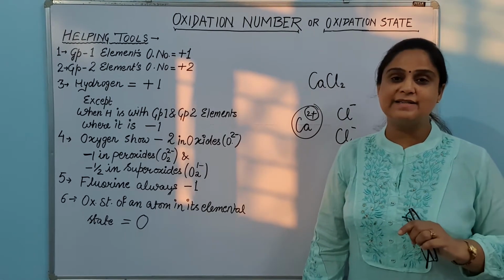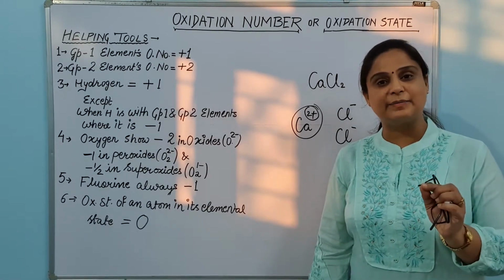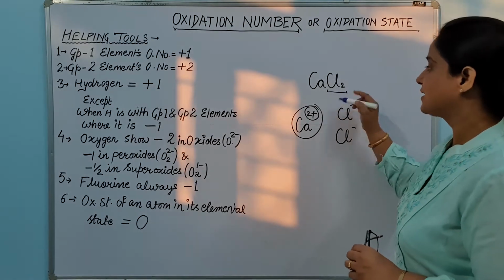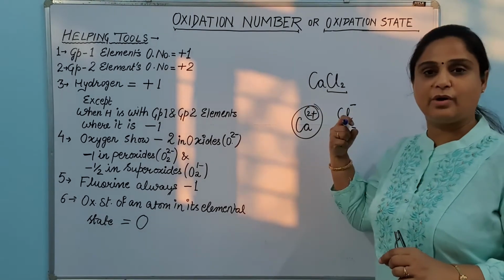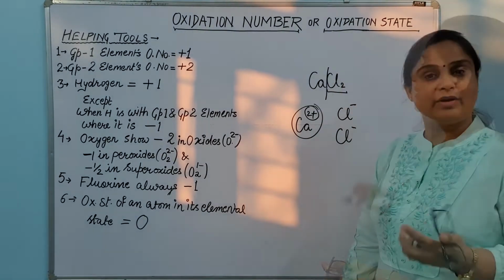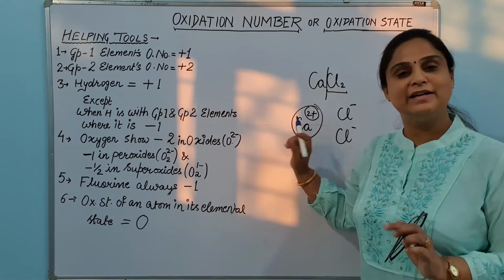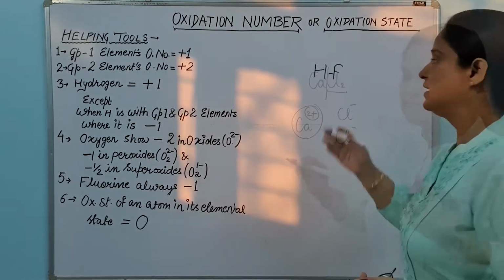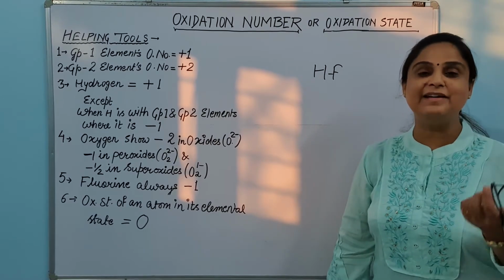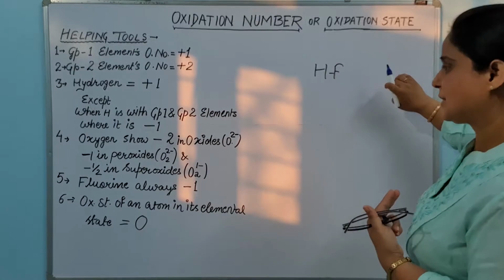So what can I say about the oxidation state? Oxidation state is the state of an atom in a molecule when all other atoms connected to it are pulled off. Okay, so they are pulled off. When I pulled off all chloride ions from it, whatever is left out is the oxidation state of that calcium. Is it clear? Same way if I am having hydrogen fluoride here. And what is hydrogen fluoride? Fluoride I am removing from the hydrogen because this is one atom I am removing here.